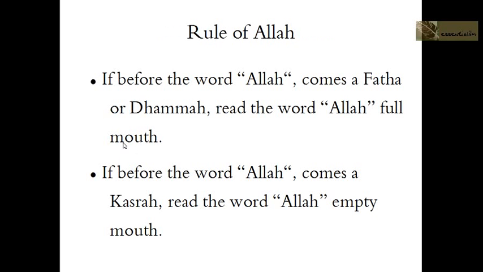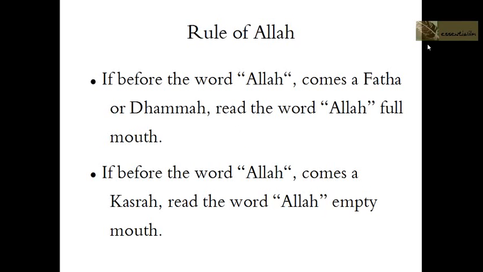The first rule we're going to cover is the rule of Allah. If before the word Allah there is a fatha or a dhamma, then you read Allah full mouth or heavy. If before the word Allah there is a kasra, then you read the word Allah empty mouth or light. So examples of this,